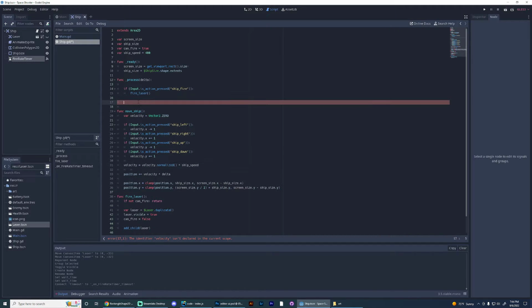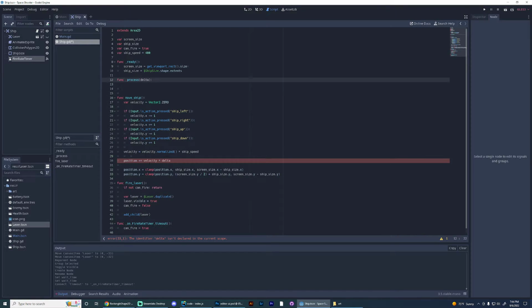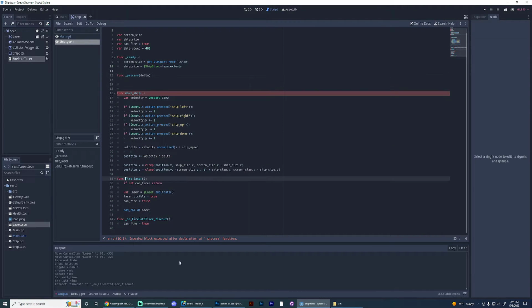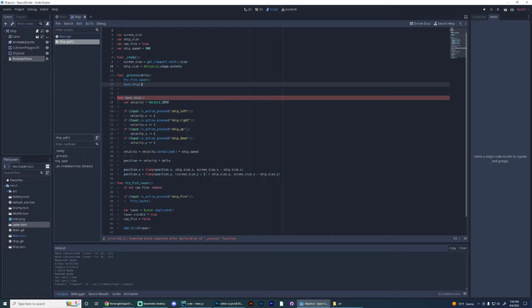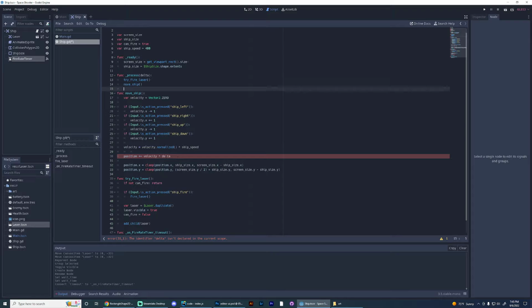Okay, and then, you know what, just put down here, we'll call this try fire laser. And then we can just check here. So it might fire a laser when it's called, it might not. Move ship, okay. All right, position,